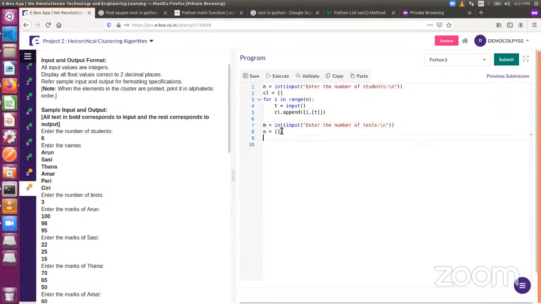Okay. Now next what we're going to do is we're going to get the features. Now you have to put a loop. There are n objects. So for i in range of n,